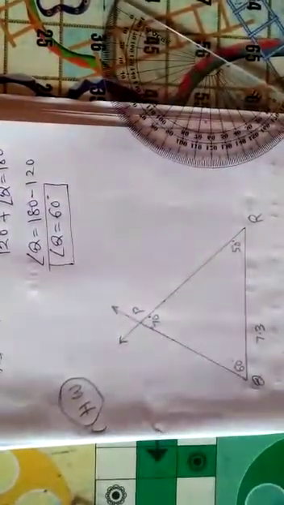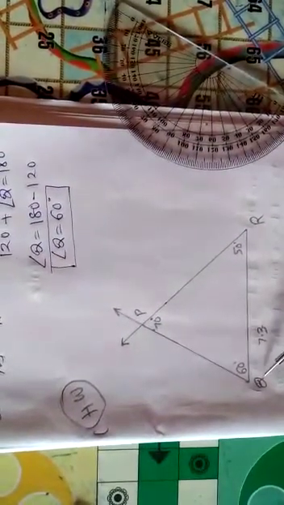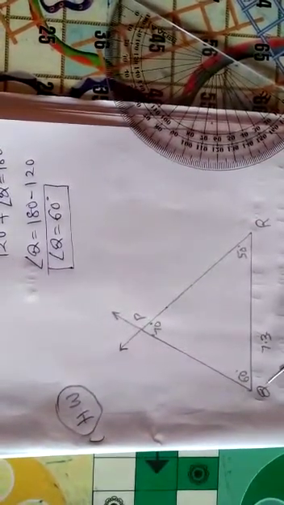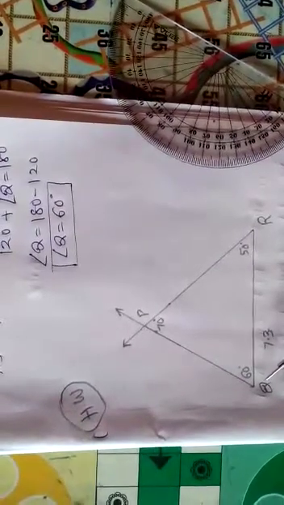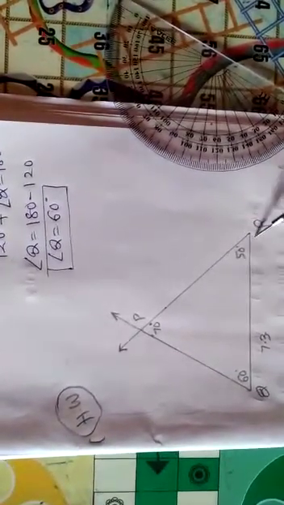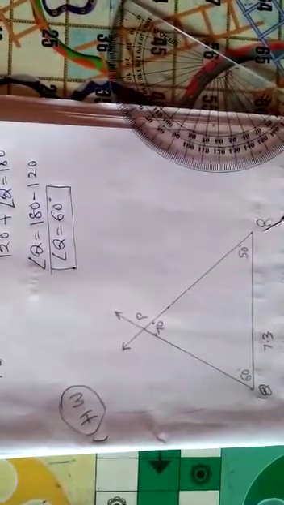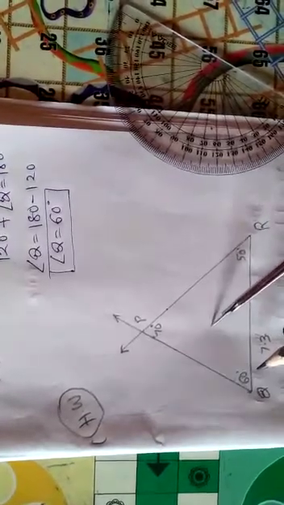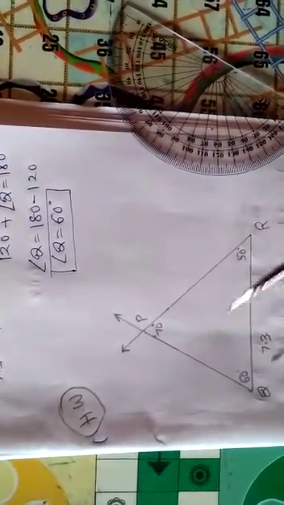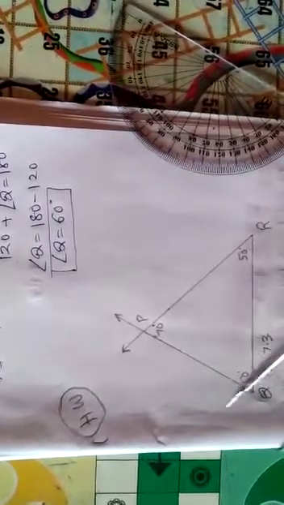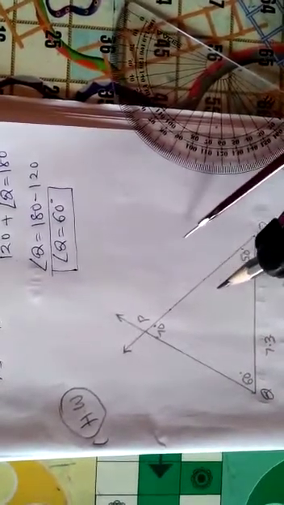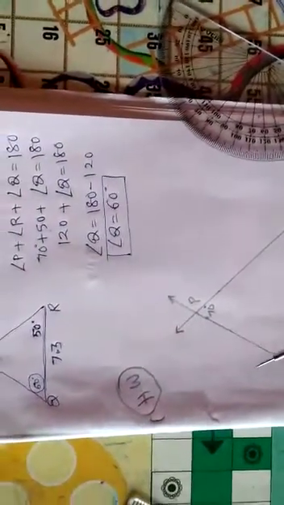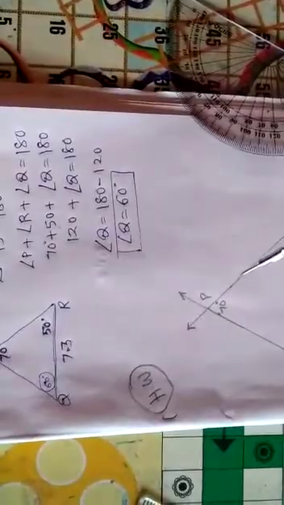Now this is homework for you. You have to find the perpendicular bisector of any two sides of this triangle. Do as in the previous examples: the perpendicular bisector of side QR and of side PR. You get the point of intersection here. Take it as the center and R as the radius and draw a circle. After that your circumcircle will be complete. This is the homework for you. This is a 4 or 5 marks example.